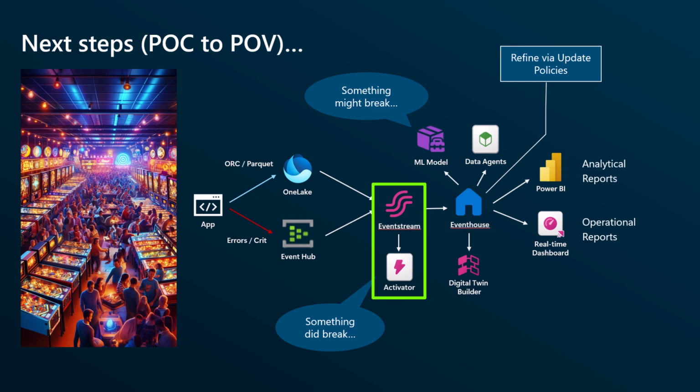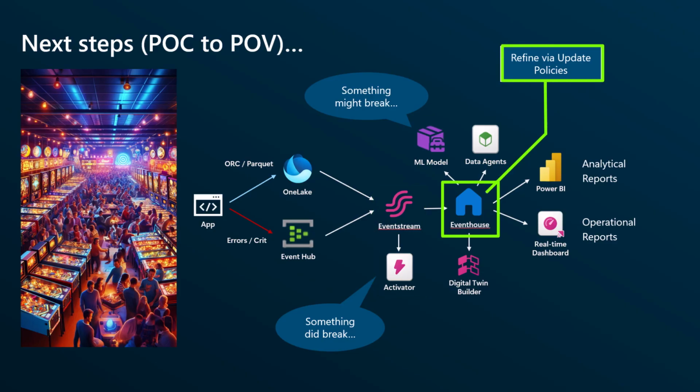Data Activator could be notified for a detected anomaly, while the data is stored in the eventhouse and refined using update policies into a medallion-like architecture. Data can be fed into our ML models for proactive machine maintenance. Now, of course, these machines are all independent, but if they were part of a larger system, this is where we could build an ontology using Digital Twin Builder in order to better model the entire system to give a more holistic view. We'd use data agents to supplement the reports to enable better analytics,